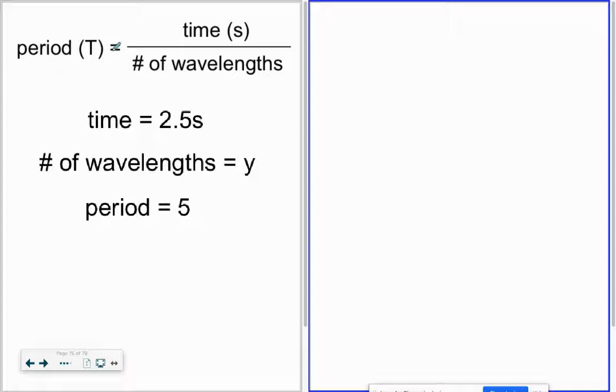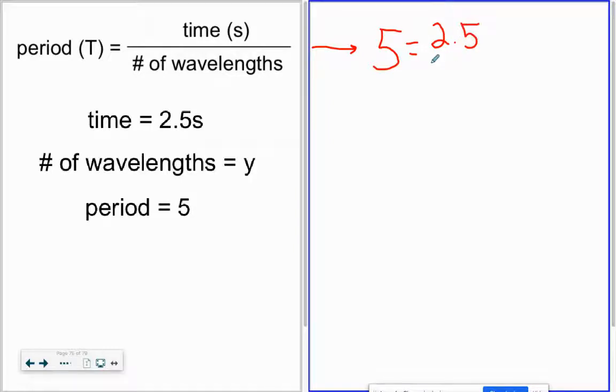It says period equals time divided by the number of wavelengths. As you can see, we've been given the time already, which is 2.5 seconds. Time is always determined in seconds. We've also been given the period amount, which is 5. That goes there. So if I were to rewrite this equation, I would write it like this. 5, which is the period, equals